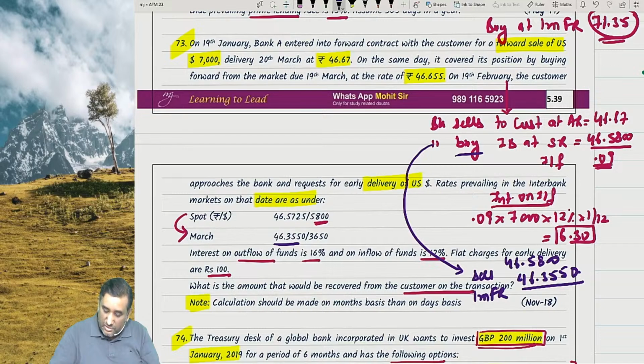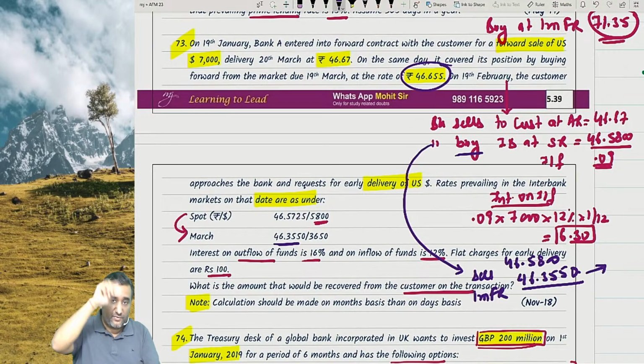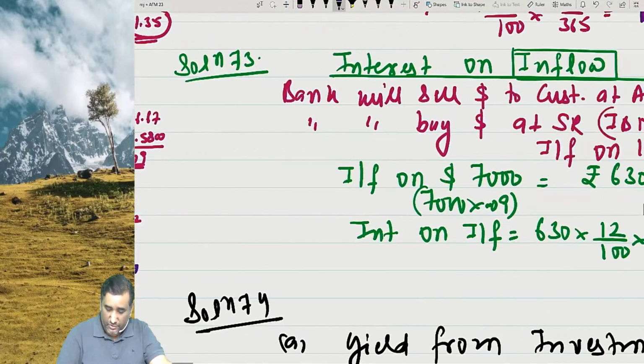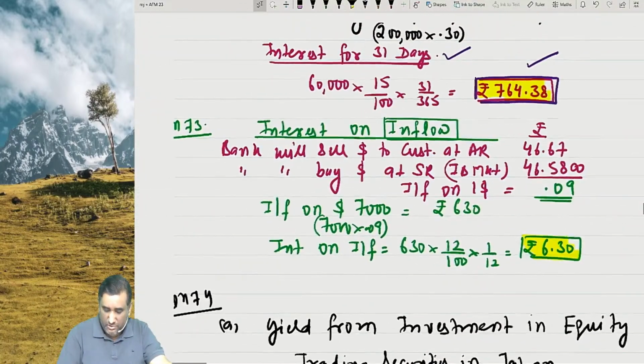Sir, why is it forward? Because he will sell under the contract, because whatever will come after this, what was coming at 46.655, that will come anyhow. When that comes, this agreement will get cancelled off. Any swap, how much do you get as swap loss? 1575. 73. My first part answer was interest on